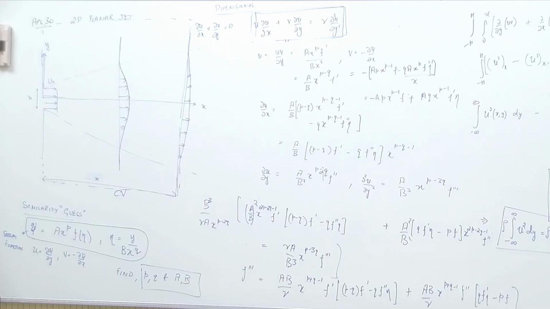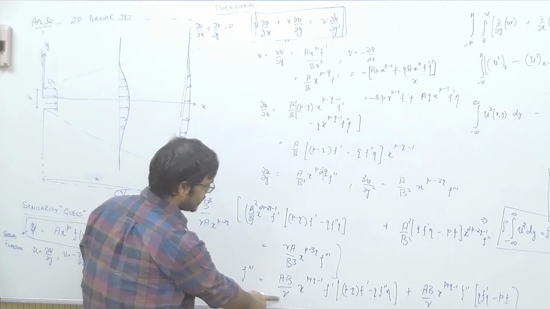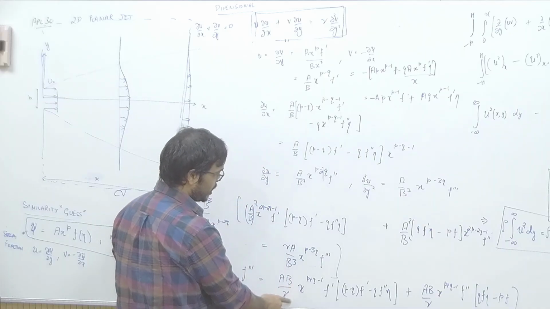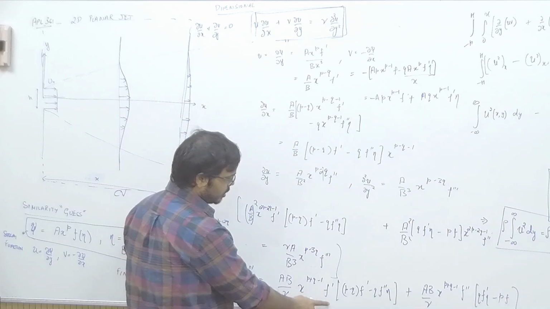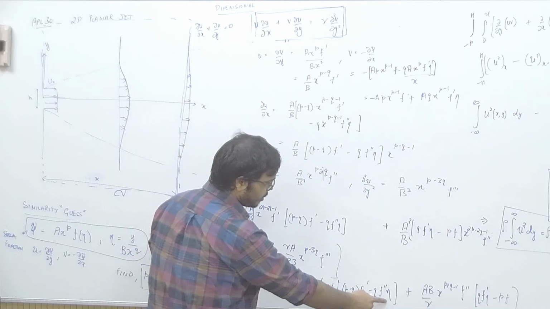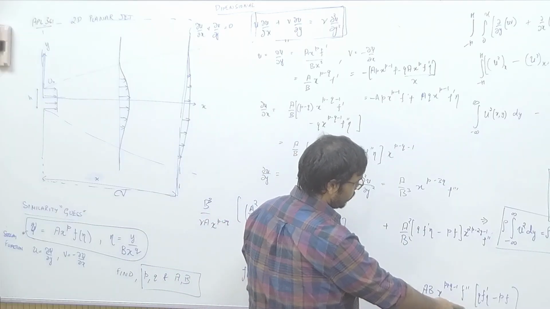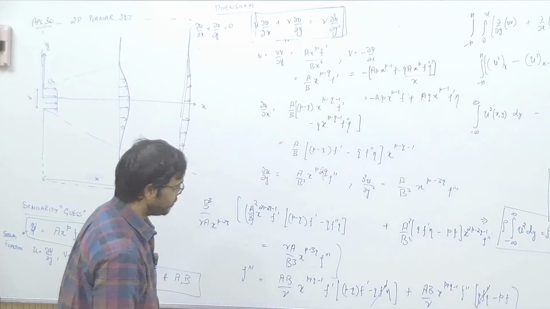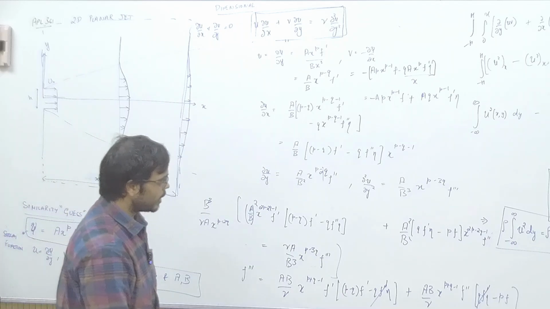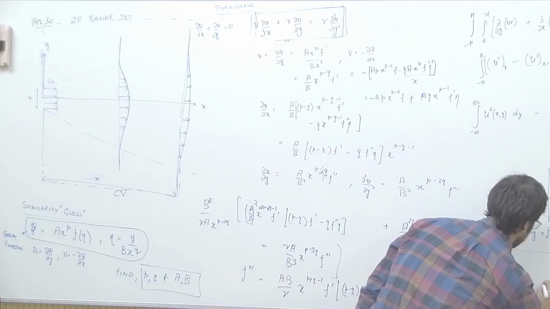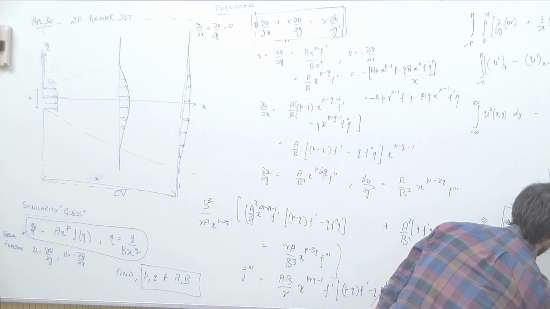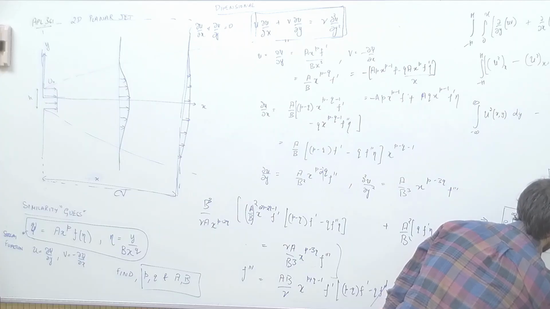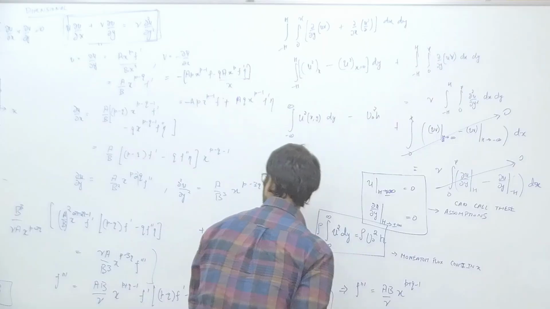Anything cancelling out? So this is same in both, ab by nu x to the power p plus q minus 1. If you look at this second term, this is q f prime f double prime eta, and here the first term is q f prime f double prime eta. So these guys will cancel out, and we will be left with f triple prime equals ab by nu x to the power p plus q minus 1